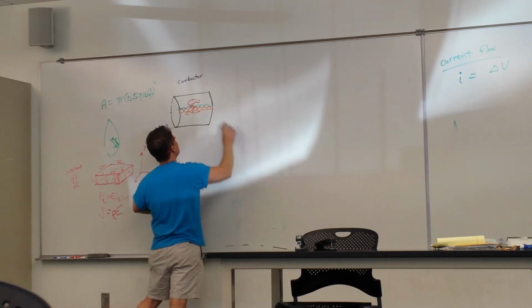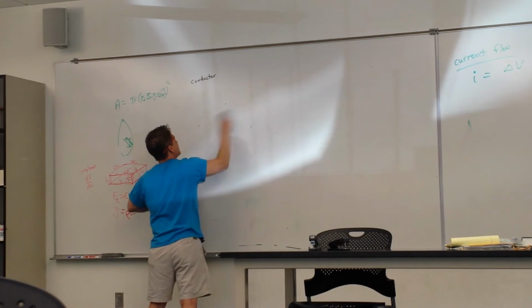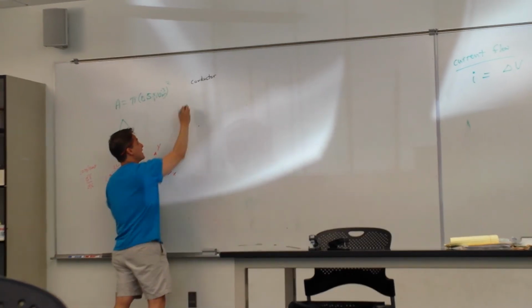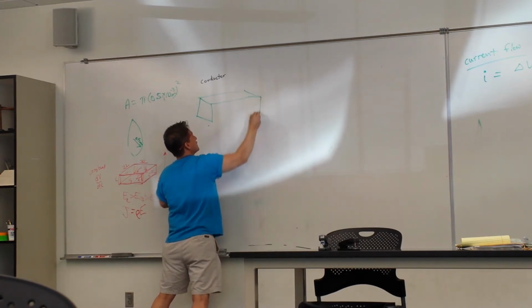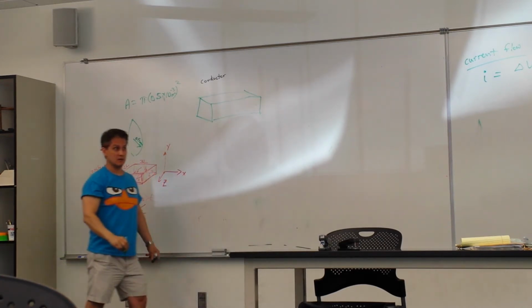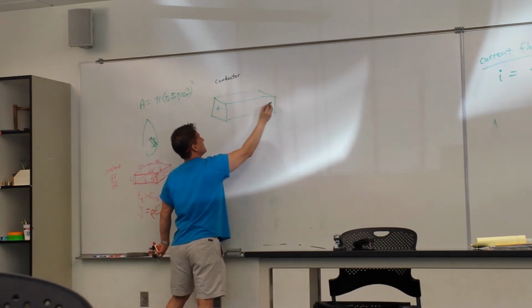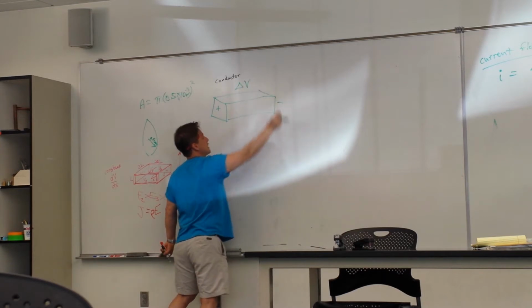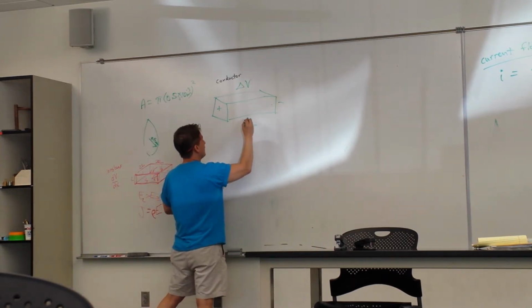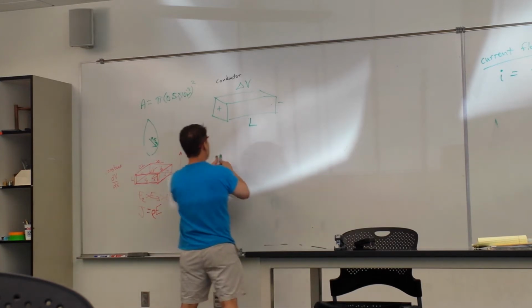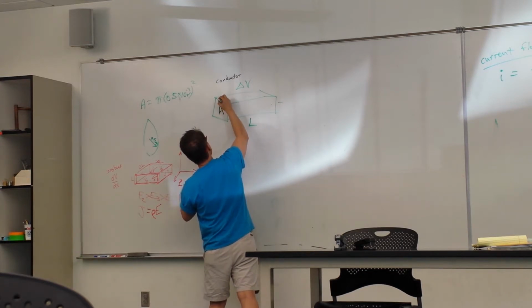So we have the same sort of conductor here. And in fact, I'm going to make this a rectangular conductor because there's all kinds of stuff we can take from this. So we've got a rectangular prism conductor, and it's going to have a potential difference between the endpoints, delta V, and a certain length, L, a certain cross-sectional area, A,